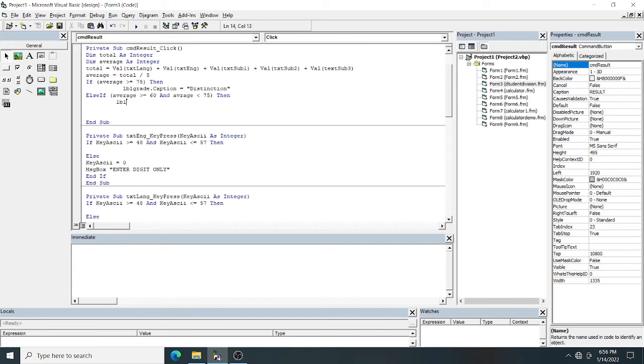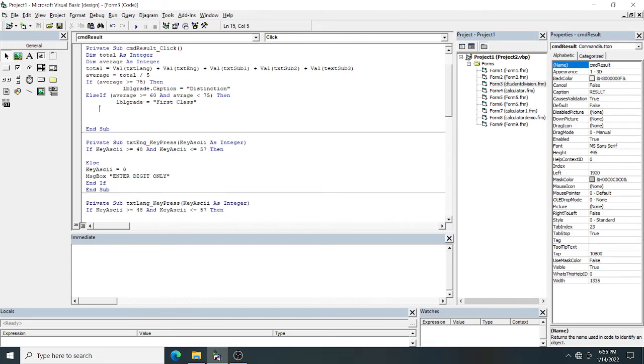So LBL grade dot caption, no need to type dot caption, even for text box also, or for your label also. If you are not typing dot txt or dot caption also, it will work. So directly I can type LBL grade equal to first class.